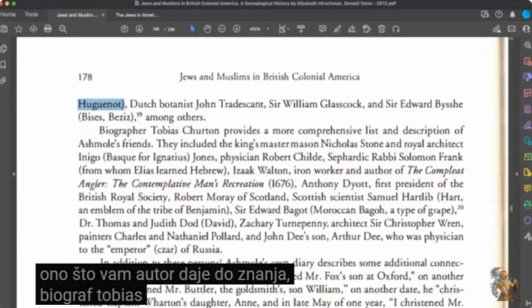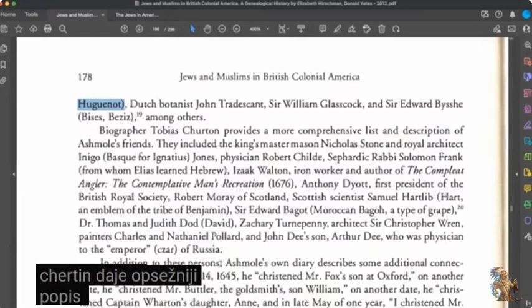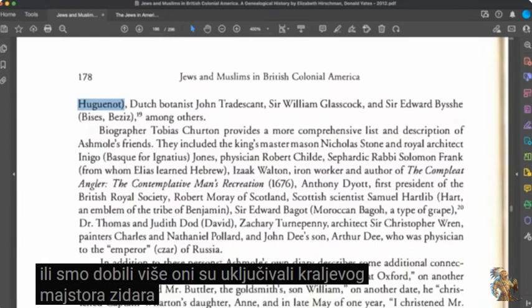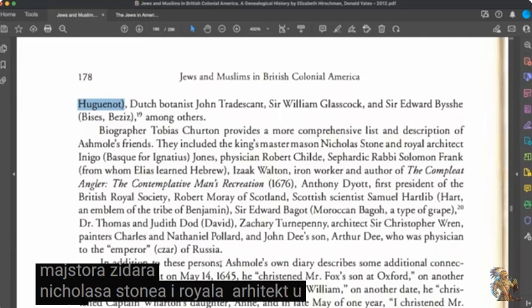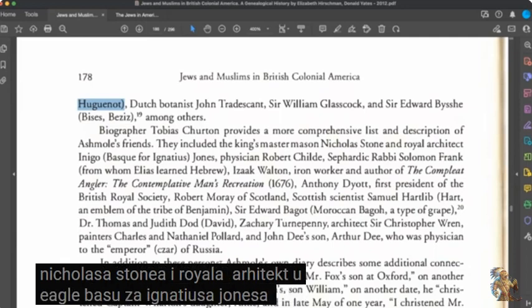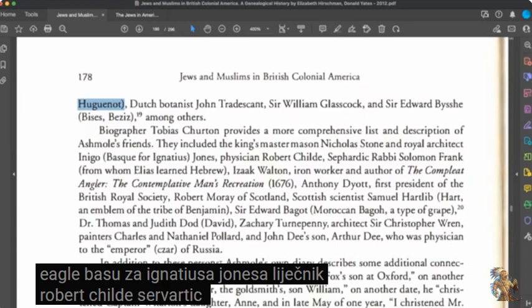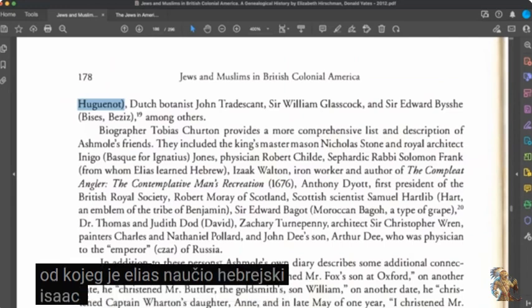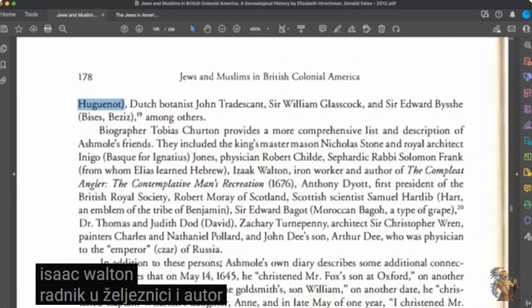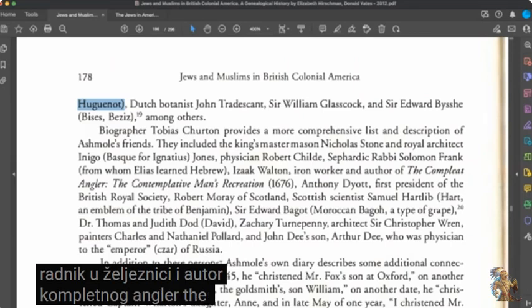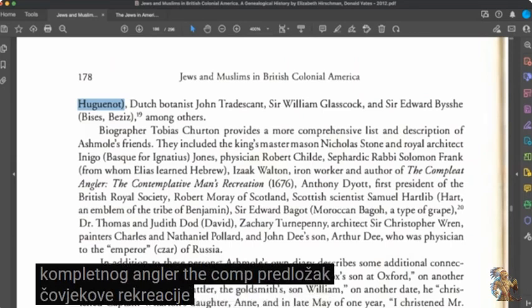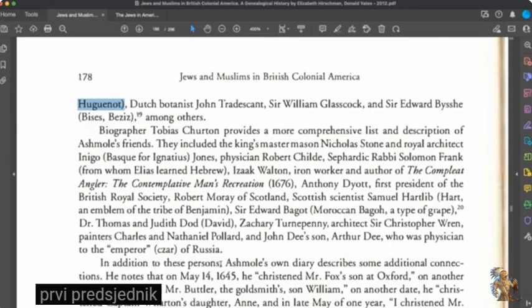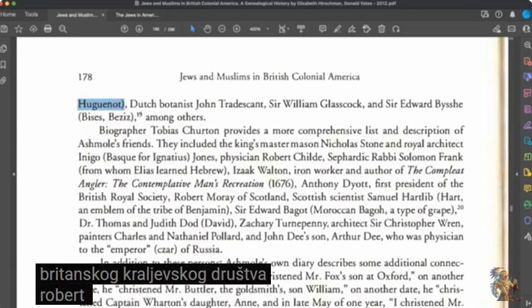Biographer Tobias Churton provides a more comprehensive list and description of Ashmole's friends. Oh, we got more. They included the king's master mason, Nicholas Stone, and royal architect Inigo Jones, physician Robert Childe, Sephardic rabbi Solomon Frank, from whom Elias learned Hebrew, Isaac Walton, ironworker and author of The Compleat Angler, the Contemplative Man's Recreation, 1676, Anthony Dyot, first president of the British Royal Society, Robert Moray of Scotland,